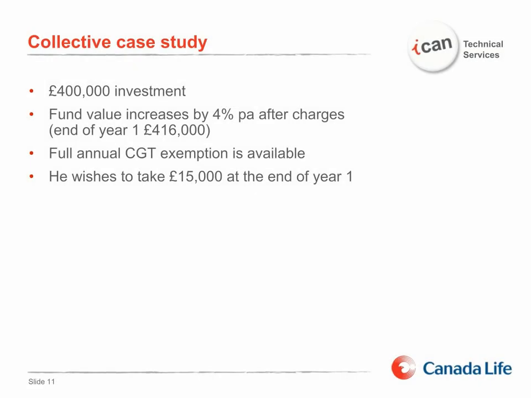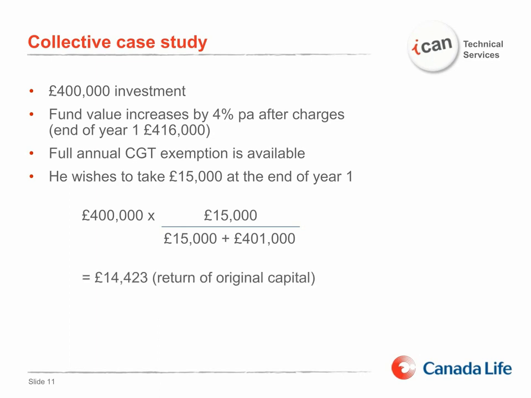Here's a quick example. A client invests $400,000. We'll assume that the fund grows by 4% per annum after charges and he has his full CGT annual exemption available. At the end of year one, he wishes to take a £15,000 withdrawal. Remember, the formula was purchase price times A over A plus B. Therefore, from a £15,000 withdrawal, we can see that £14,423 is actually return of capital, and that means the gain is only £577 to offset against his annual exemption